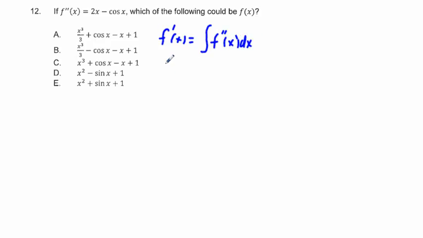Okay, so in this case, we say f prime of x is equal to, we're going to take the integral of 2x, which is going to be 2x squared divided by 2, and the integral of negative cosine x, well,